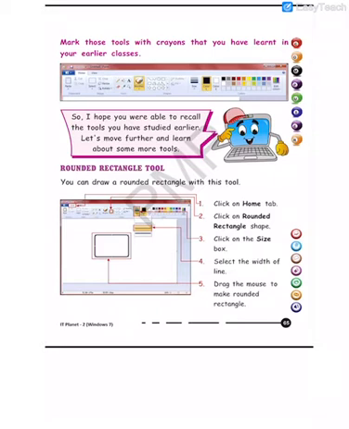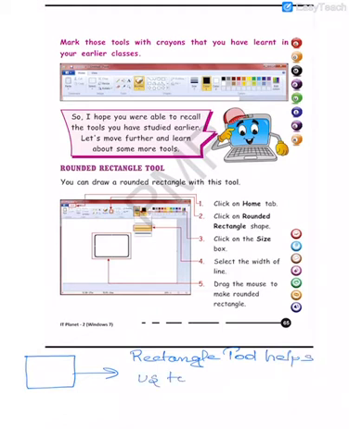Now, what will the rectangle tool help us to do? The rectangle tool helps us to draw rectangular shapes.